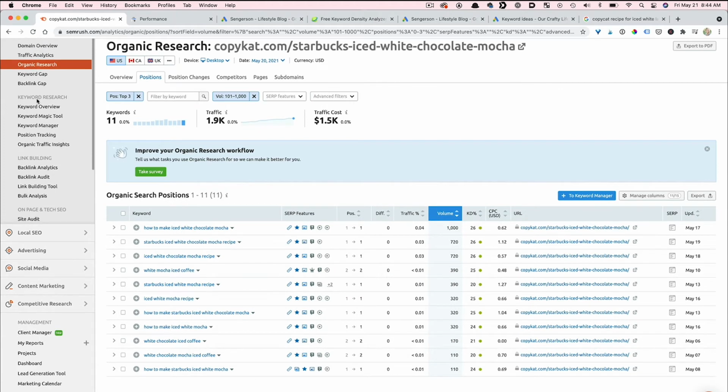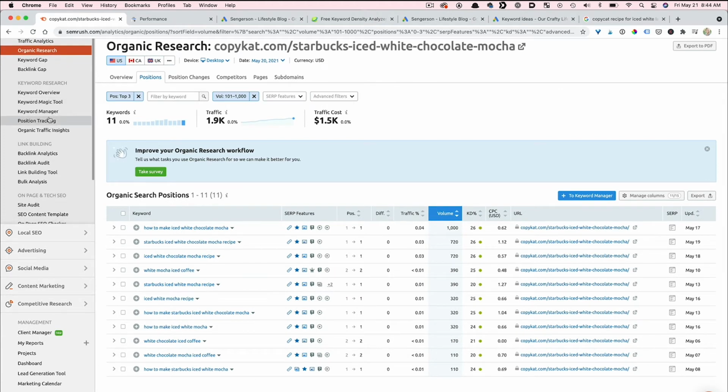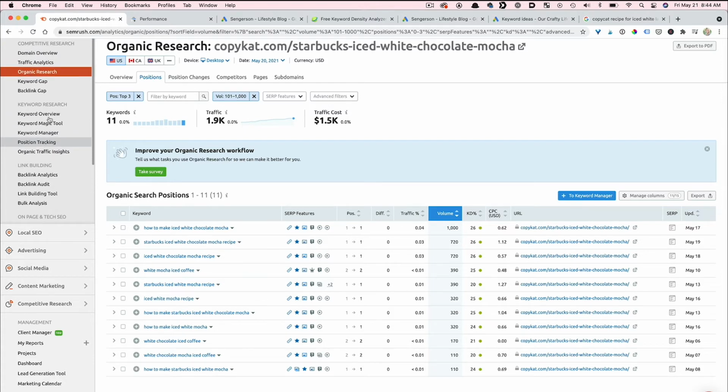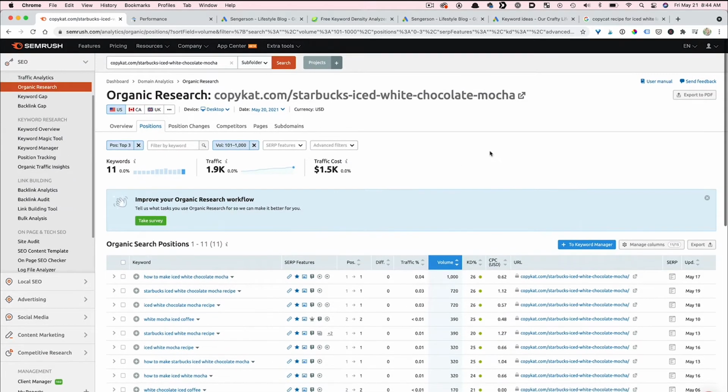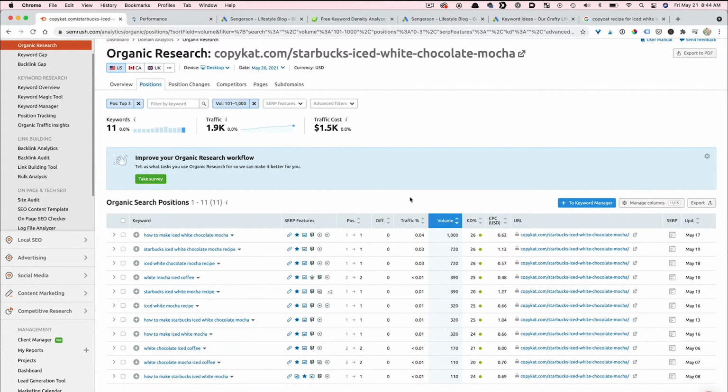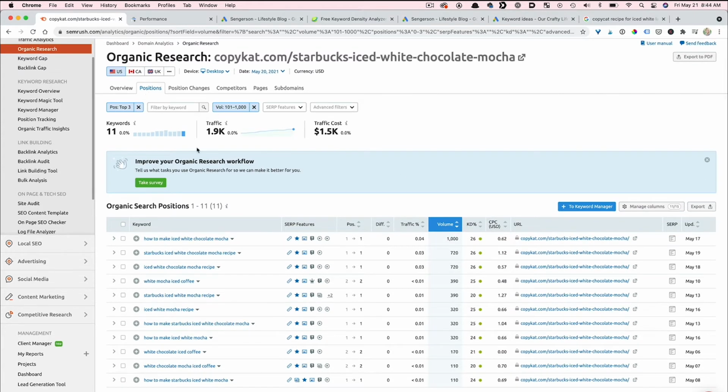There's a ton of other stuff that you can use, including position tracking. If you know that your blog ranks for a certain keyword and you want to track that over time, you could do that. But all of this stuff you could actually do manually, but this helps automate it a little bit. My goal with SEMRush is just to spy on other blog content that I already want to write about. I want to make sure that I have the right keywords that I should sprinkle in my content, and also understand who is already ranking for those keywords and how much they're ranking for that content. And also it gives me ideas on traffic that I could expect to steal away or whatever.